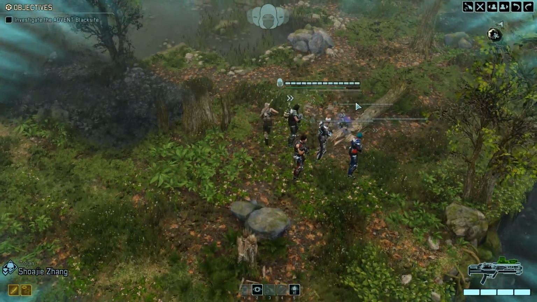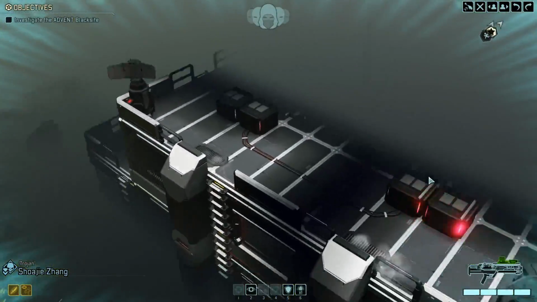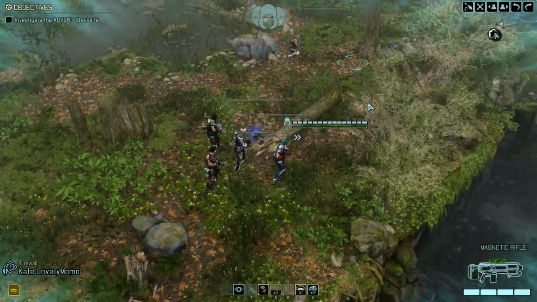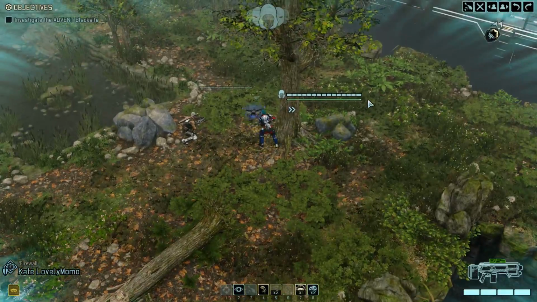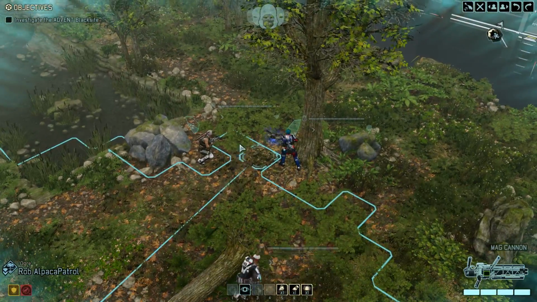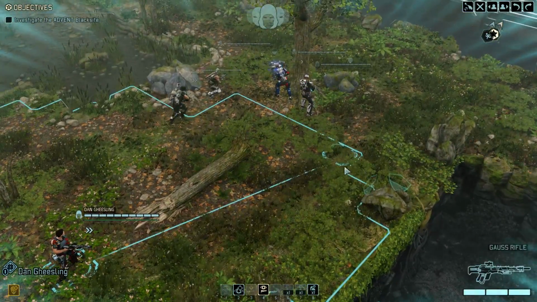We just want to find the first pod. Usually there's turrets on the Blacksite mission, which is another reason why Kate could be an extremely valuable soldier here. We also recently did a covert operation that upgraded her hacking skills, I think. I gotta admit, I have a soft spot for the Blacksite mission because it's very...